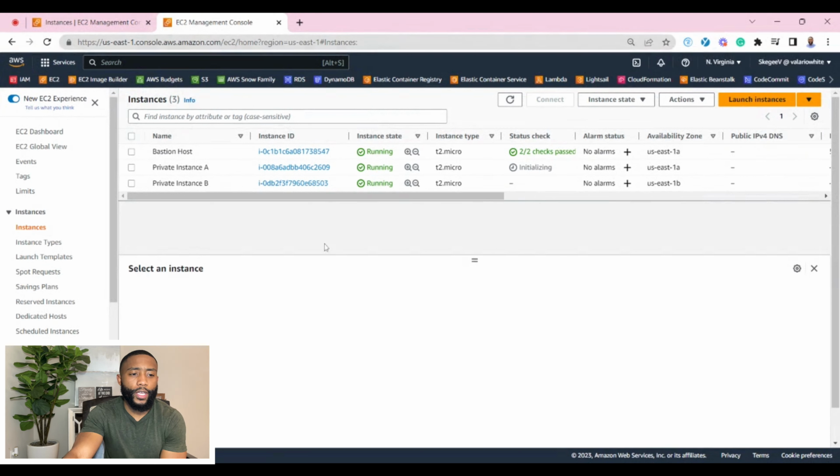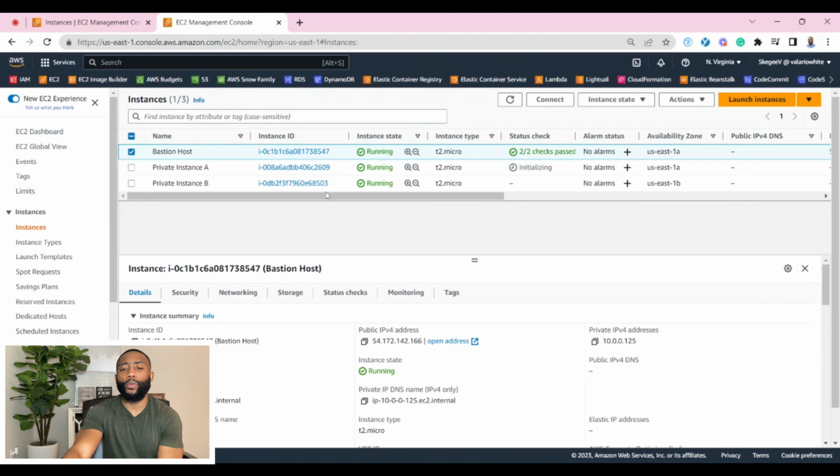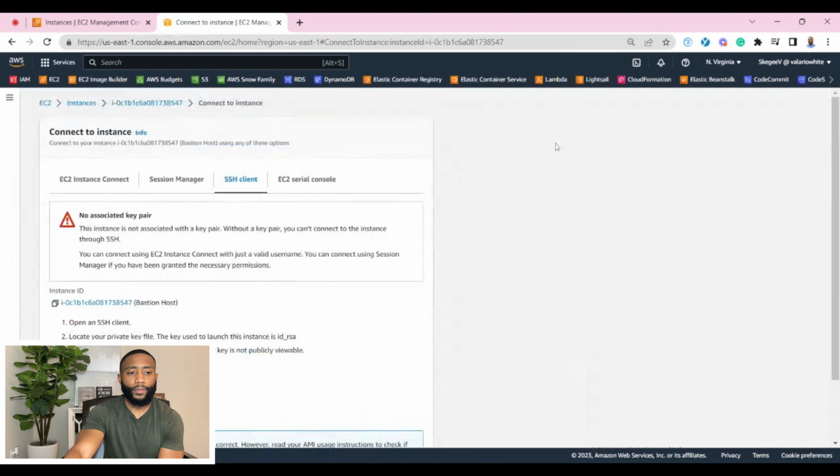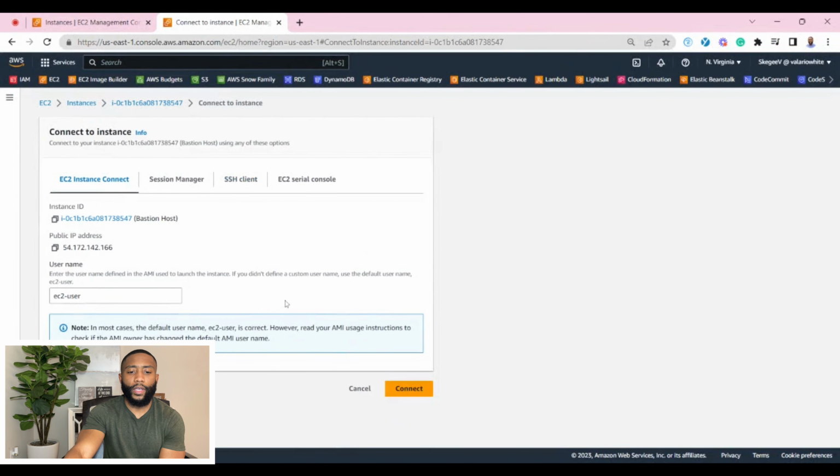So if you look at the screen, I'm already within the instance dashboard. So the first thing you want to do is SSH into the Bastion host, okay? So we're going to click Bastion host, select it right here. And for SSH, we're just going to click connect, okay? And we're going to make sure you click the tab EC2 Instance Connect and then click the connect button